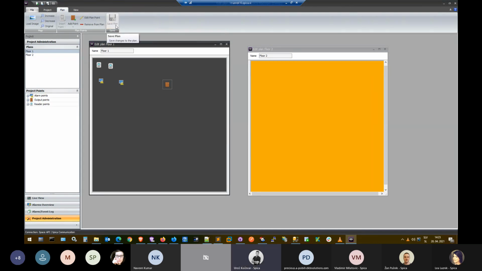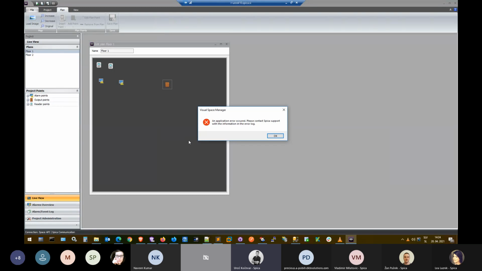And we finish with the save plan option, which will then save the settings. You see that on the left I have 2 floor plans and my project points also listed. So now if I go to the live view,